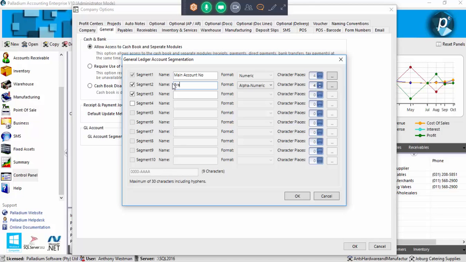So let's stick to my example: segment 2 will be a branch, and segment 3 is, let's say, department. And we're going to choose the format, so it can be alphanumeric, alpha, or just numeric. We'll go for numeric. But let's go against the norm and select 2 character places. So we've set this up now. This is our foundation. So now if we select OK,